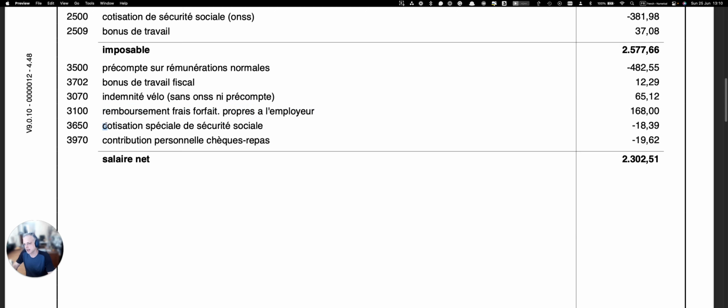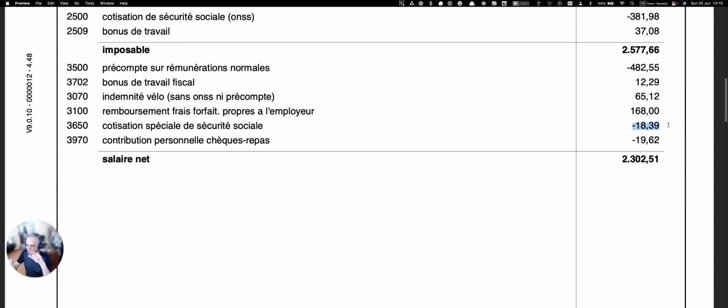The next line is cotisation spéciale de sécurité sociale. So we already discussed the normal social security contribution. There is also a special security contribution. And one of the aspects of this special social security contribution is the amount. Of course, it's a lot less than the normal contribution. And a second aspect to this is